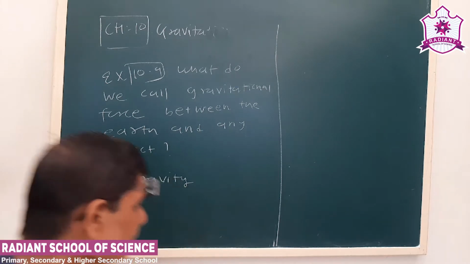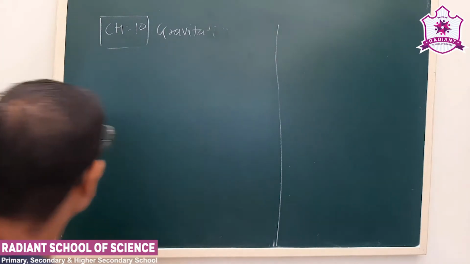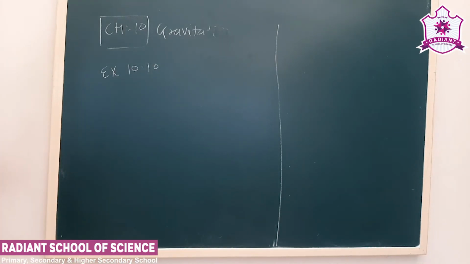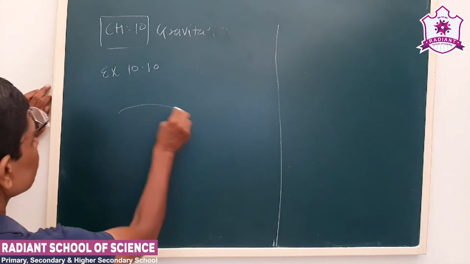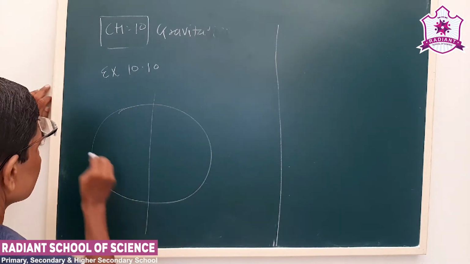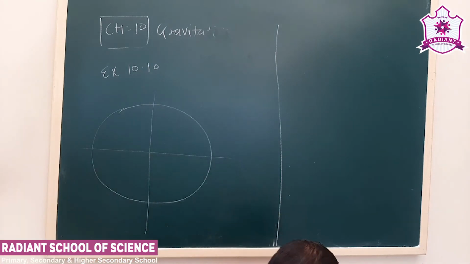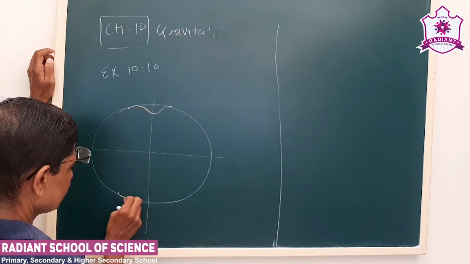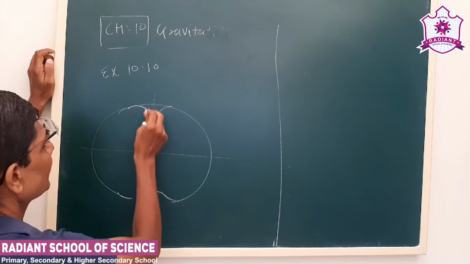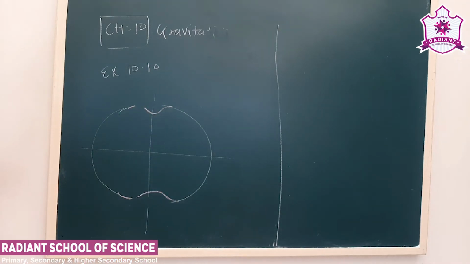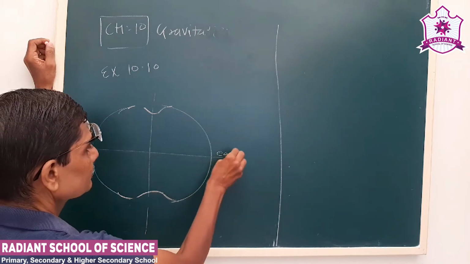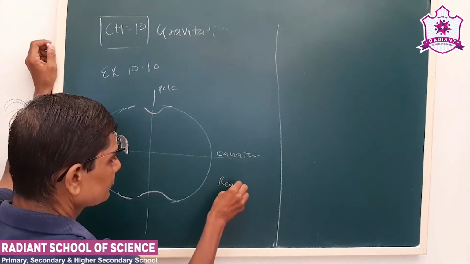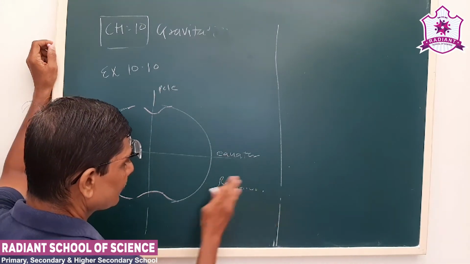Now see, the next is exercise number 10.10. Okay, this is also a theory question. Amit buys few gram of gold at the poles. Now we know the earth is not a perfect sphere. It is oblate, it is of oval shape. Like this, see, there is a small difference of radius, 22 kilometers. See, this is the equator and this is the pole. See, radius on the equator is more than radius at the pole.